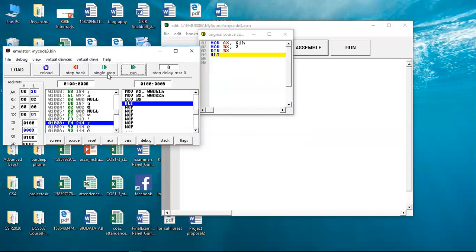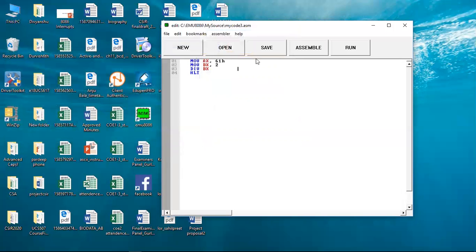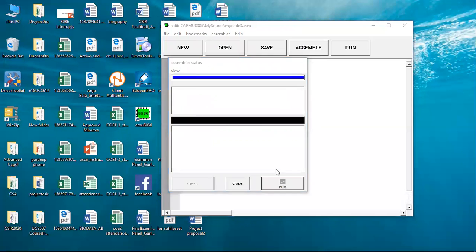Now in this case, you can see your DX, your remainder, will be 1 and your quotient will be 30. But if you are taking another example, like suppose you are taking your AX, and your operand is BL, and we are dividing it with the BL, so we are taking 8-bit numbers.